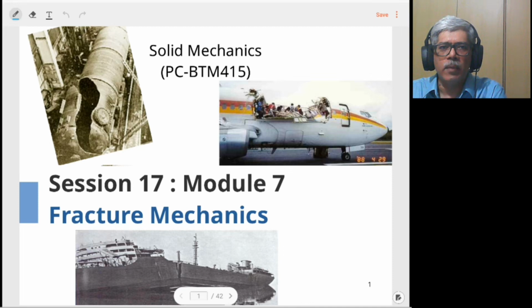The second is sliding mode, and the third one is known as tearing mode. So for the modes corresponding to them, you have got the values of stress intensity factors available from the design handbook. For determining the fracture toughness of the material, you have to use experimental methods. And since the fracture toughness of the material depends on the thickness, we defined a term known as plane strain fracture toughness or K1C, which is independent of thickness, or the value is obtained for sufficiently thick components, and material fracture toughness will not be lesser than this particular value, and it is used in the design calculations.